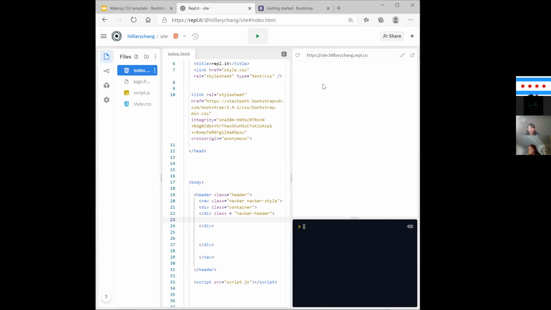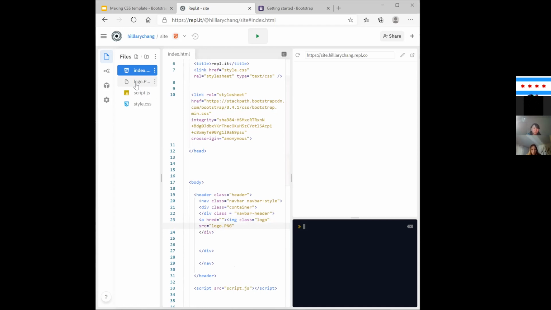So then it'll be an A tag. And then class logo. And then source will be